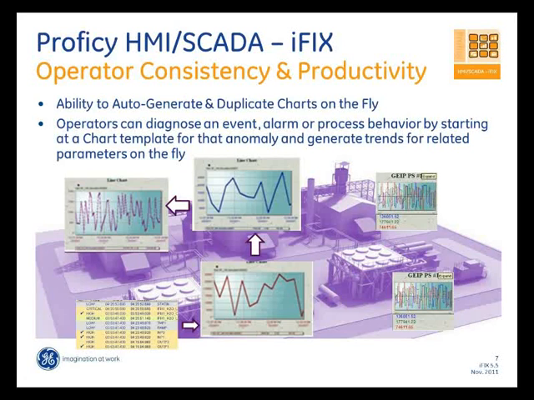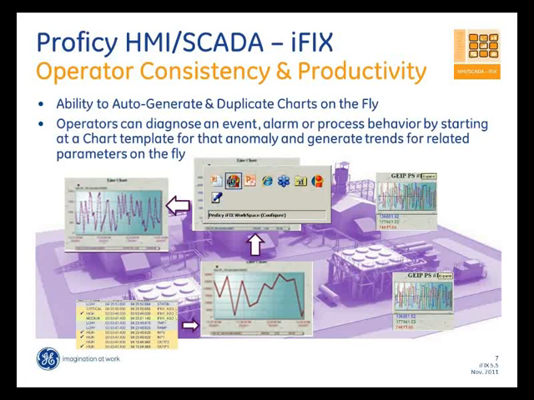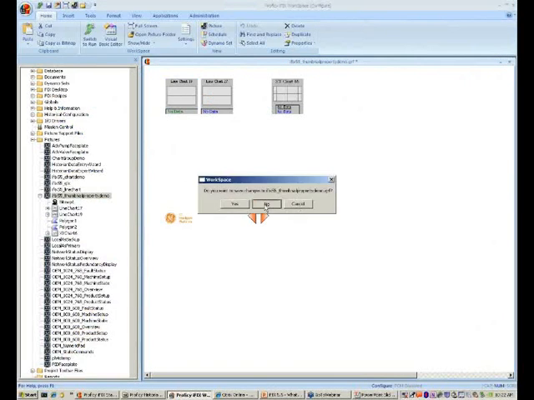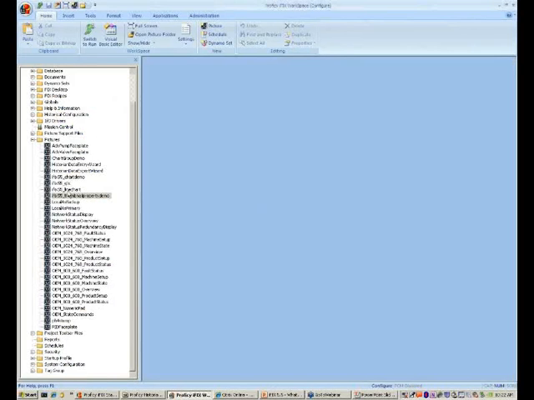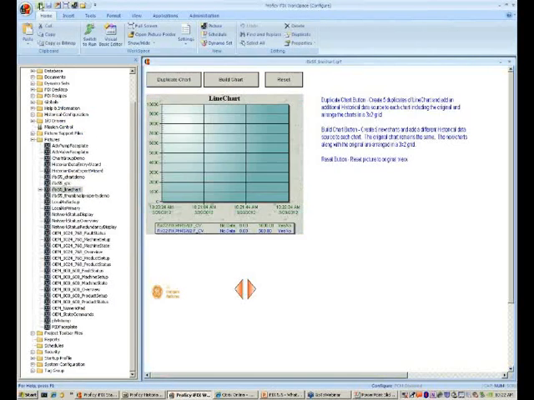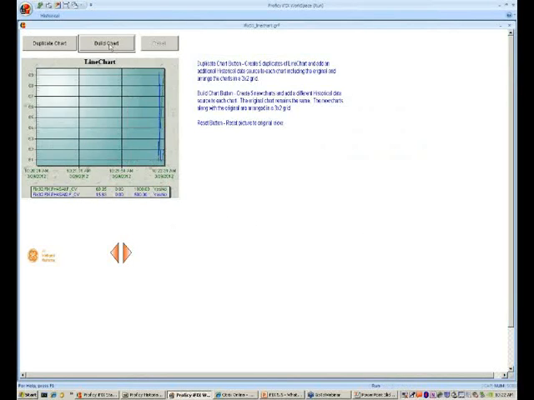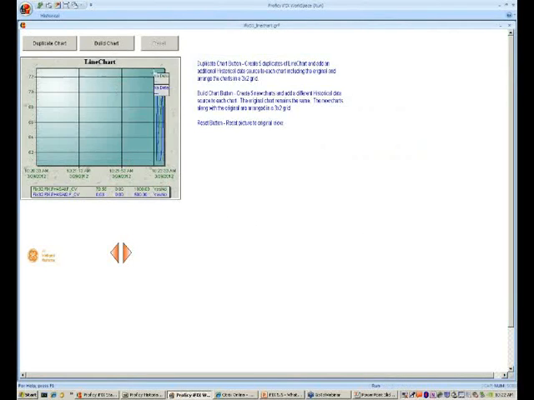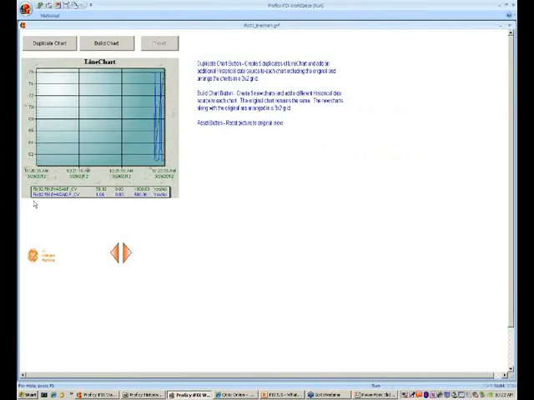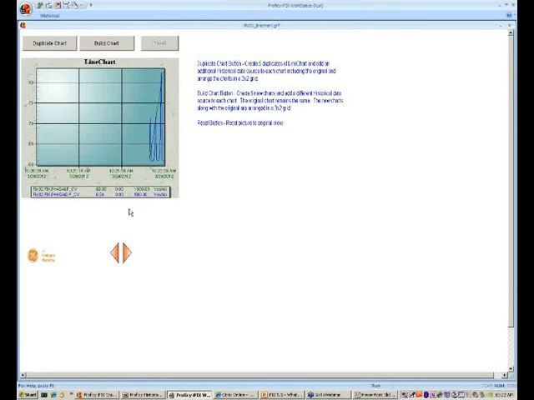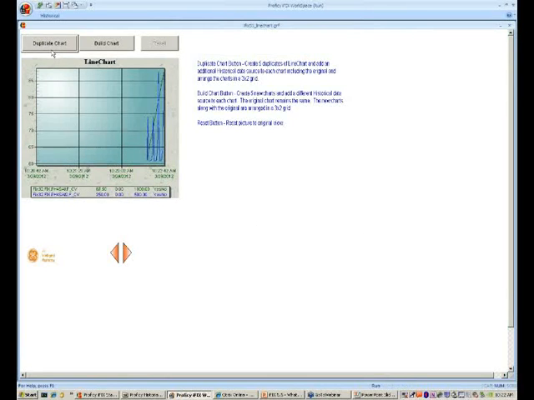So that's from a demo standpoint. I just have a demo that shows you how it basically duplicates and lays out. Let me see. So I have two objects here. One is a build chart. So what it does is, when I click on the build chart, it takes a snapshot of the configuration of this chart and puts newer pens onto this chart. And then there is a duplicate chart